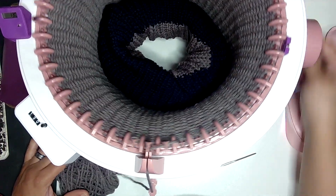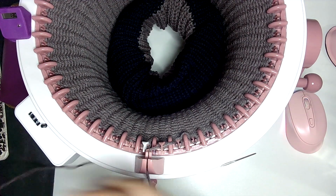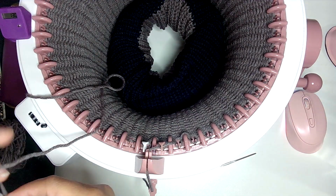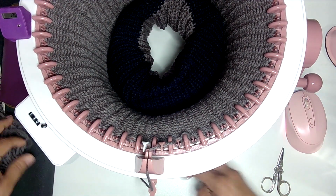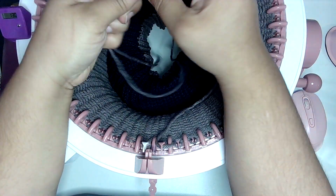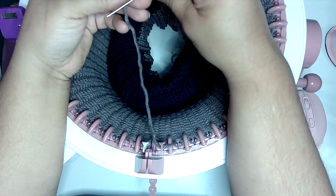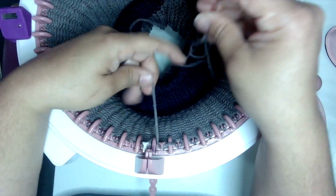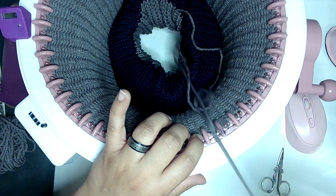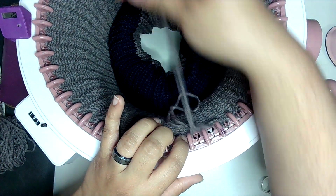Okay, we are right up to the 130 mark, and there we go. So I'm gonna pull out enough of a slack to do a long tail cast on. You don't need too much, just enough to wrap around the thing one time, and then we are going to cast off. We are going to let the machine go a few rounds, hold this one, grab this one, and I usually pop it off right after I grab it, so that I know which ones I have left